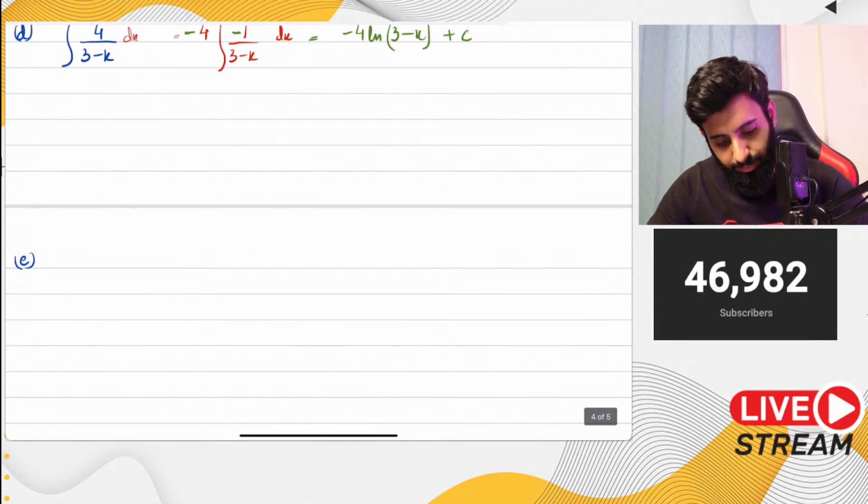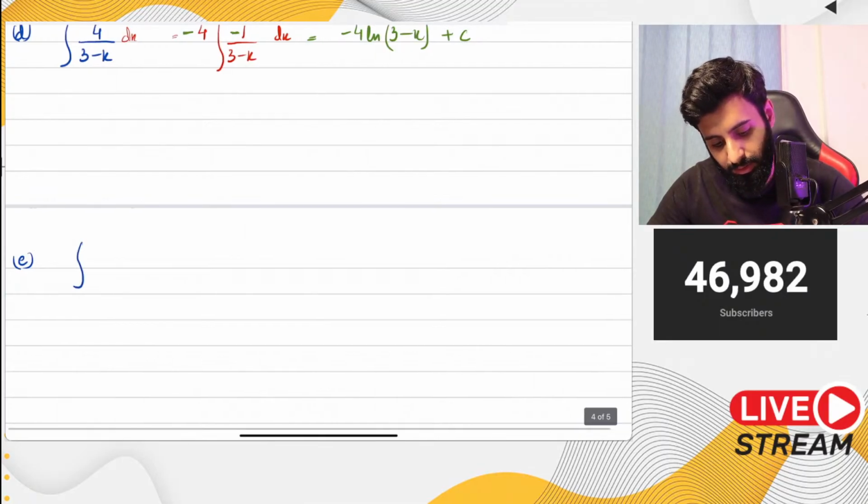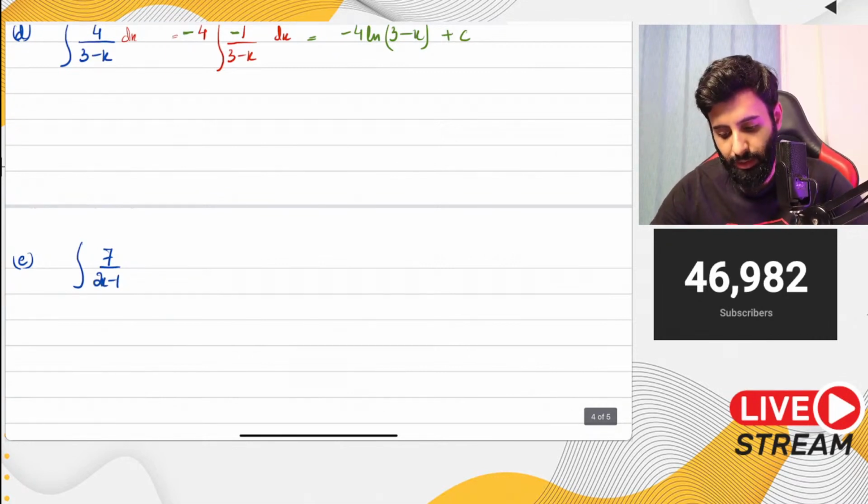अच्छा, let me do another question. Let's say you have 7 upon 2x minus 1, and you have to integrate this. Now, the best practice is this. The best